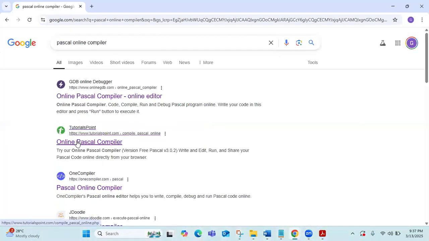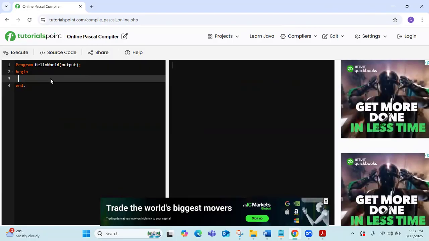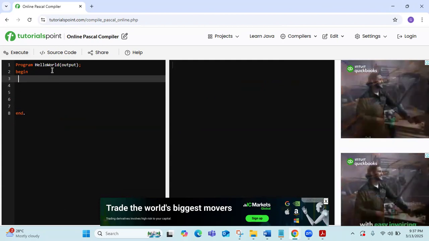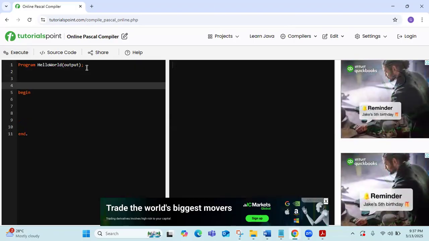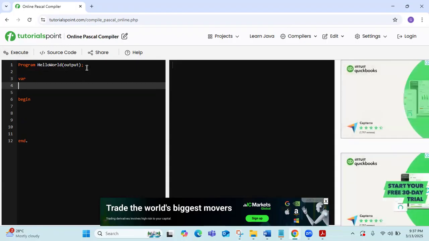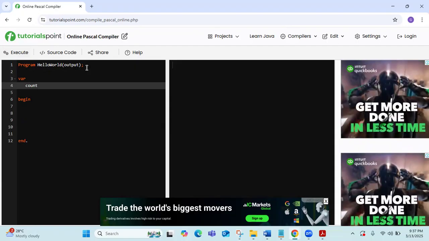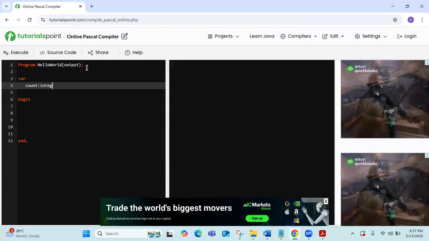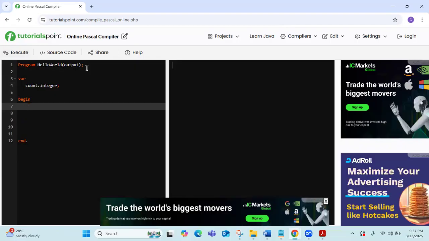So here, online Pascal compiler. I'm going to write a simple for loop. So I will say var count: integer. Then I'll say for